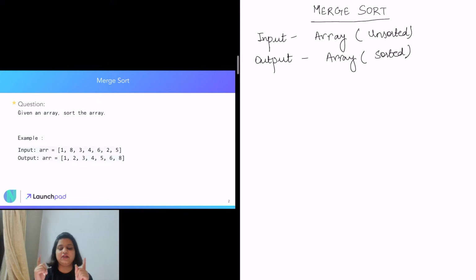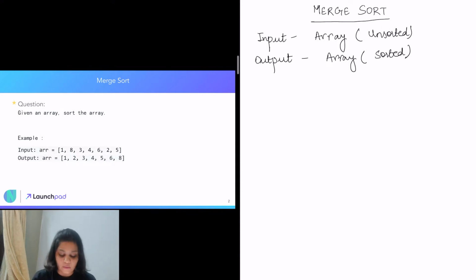Then it checks between two elements which one is smaller or greater, and based on that, the two-element array formed after merging them is in sorted form.